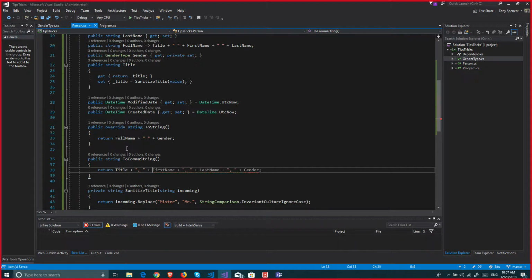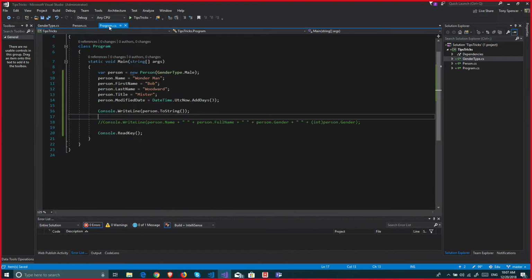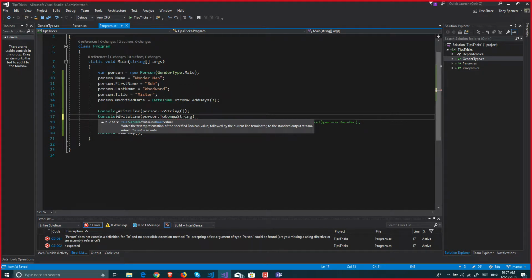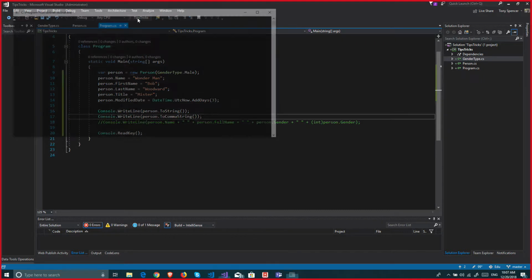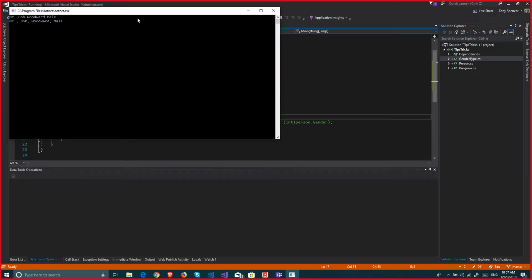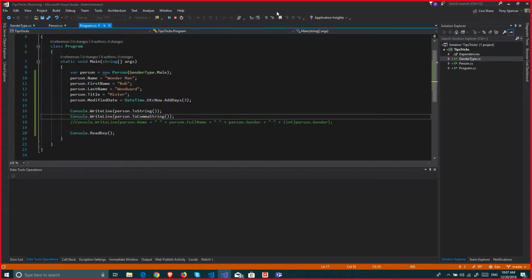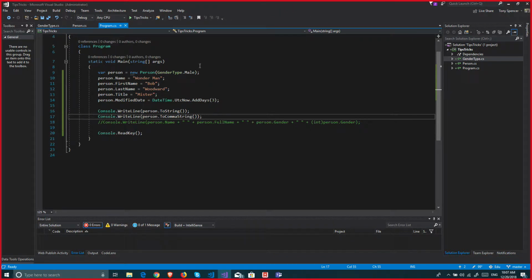Which is why we want to implement that, because typing that over and over again is really annoying. So we'll compare these. We'll do a Console.WriteLine(person.ToCommaString), which is clearly not an implemented thing anywhere, but we implemented it. There we go. Now we can see where the fields are separated. We got Mr., Bob, Woodward, and Male. They're all comma separated. That's pretty cool,